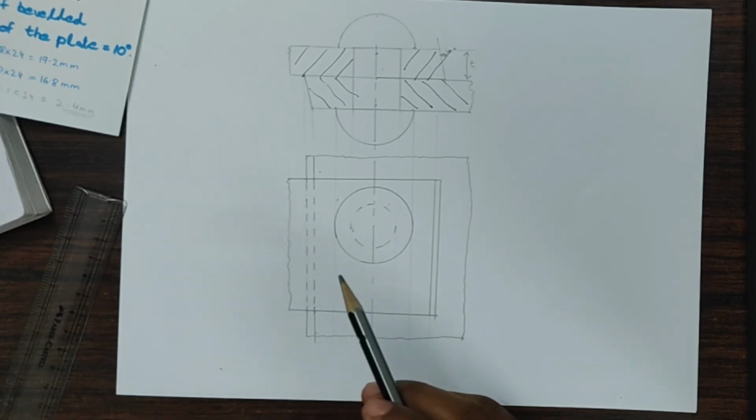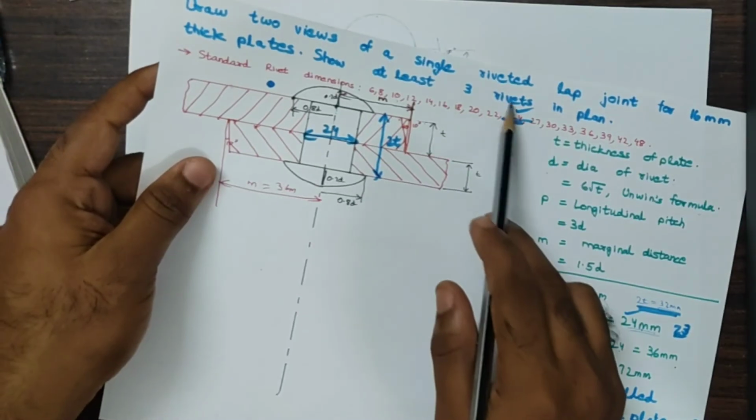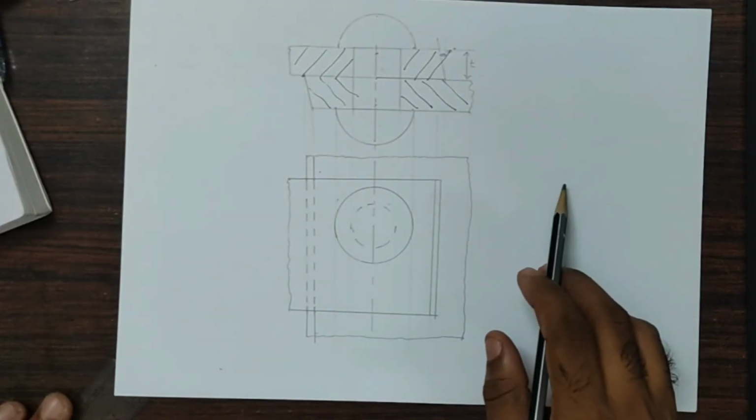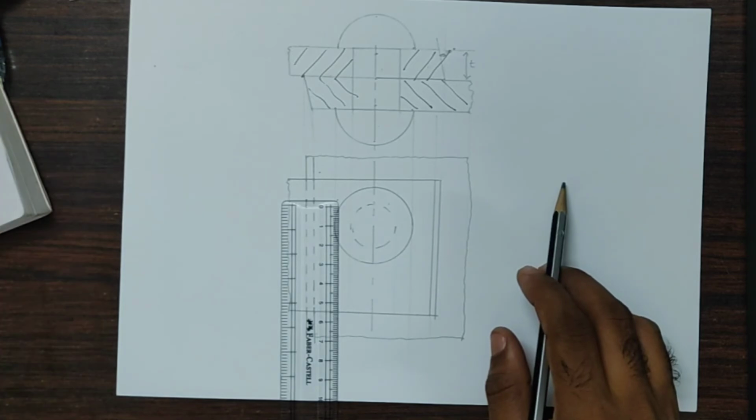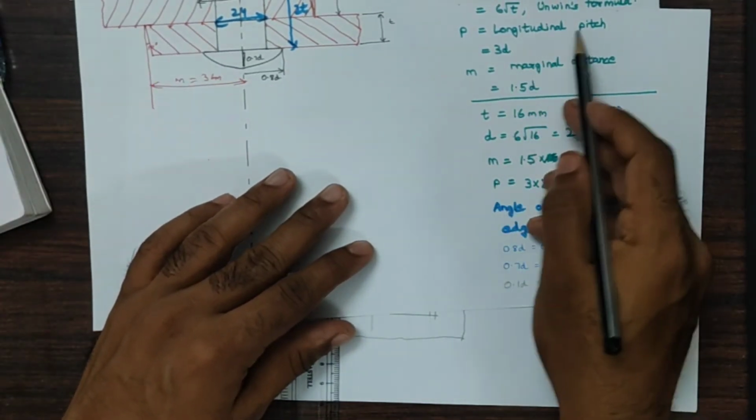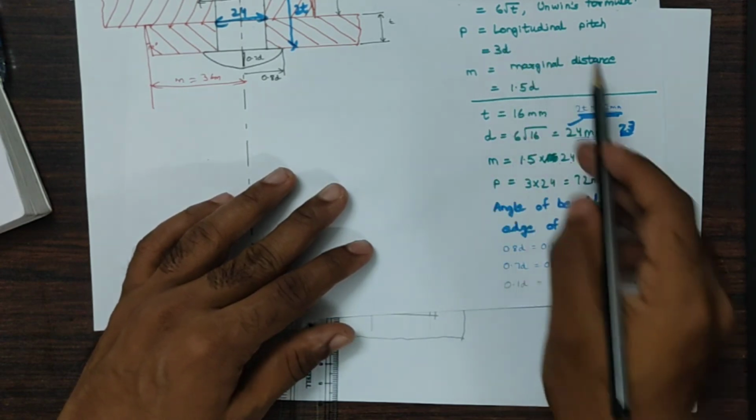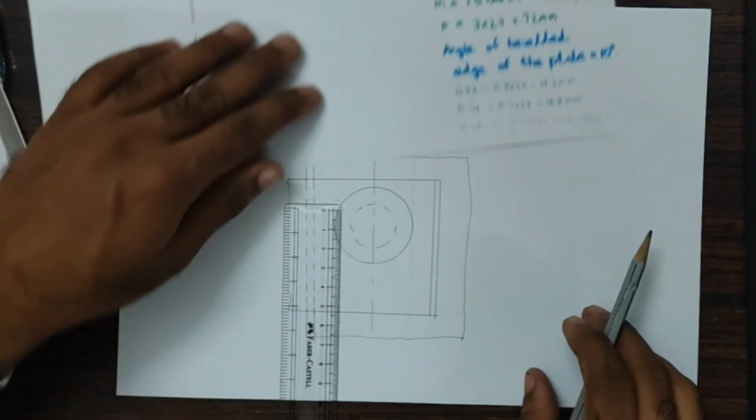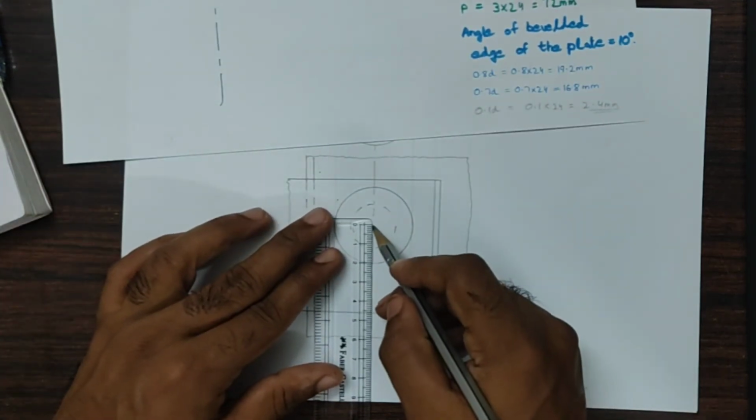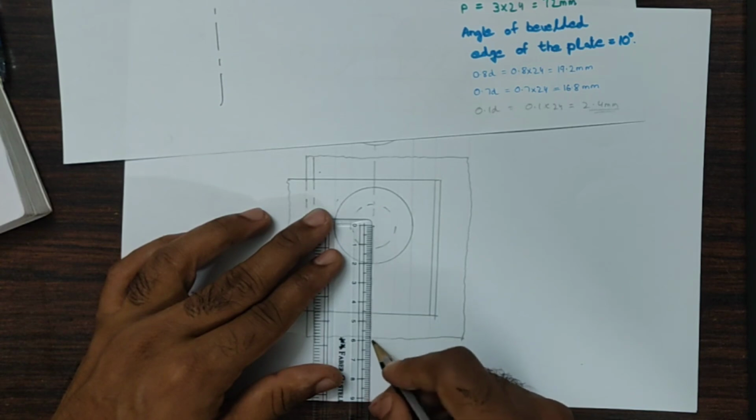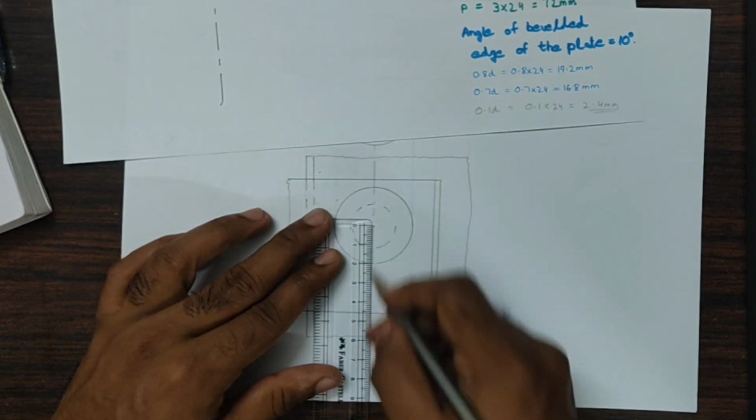And we are supposed to draw at least 3 rivets in the plan, and now you have to draw 2 more rivets in the plan. For that you have to take the pitch as 72 mm. The longitudinal pitch is given by the formula P is equal to 3 into D. D is 24 mm, so pitch will be 3 into 24, which will be 72 mm. So you have to mark another point which is at 72 mm from the center of first rivet. So I have to mark another rivet which is at a distance of 72 mm,